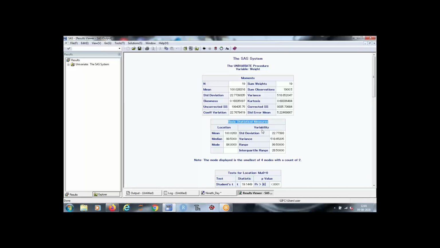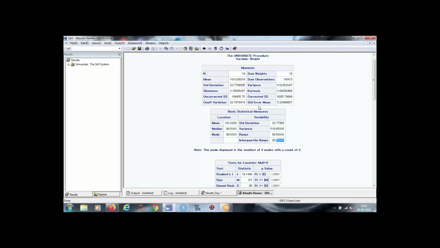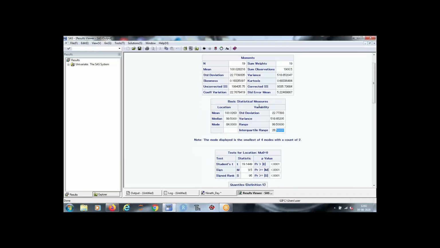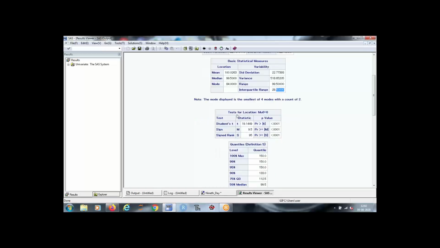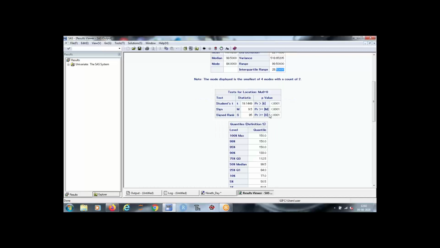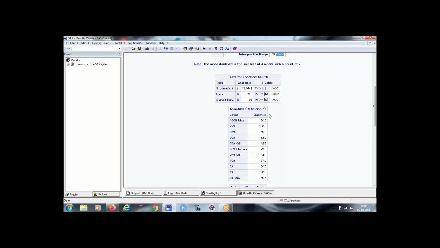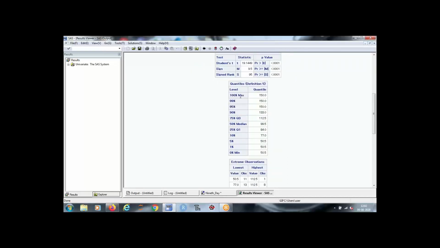It will also give you the basic statistical measures like mean, median, mode, standard deviation, variance, range, IQR. The tests for location, which means whether your data is normally distributed or not. Different quantiles like 100%, 99, 95, 90, 75, 50, 25, 10, 5, 1, and 0%.